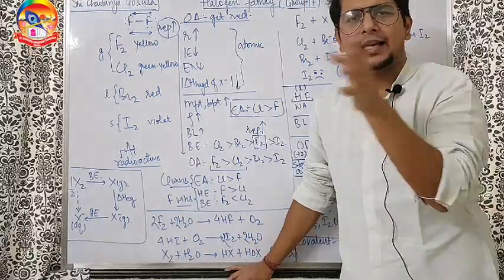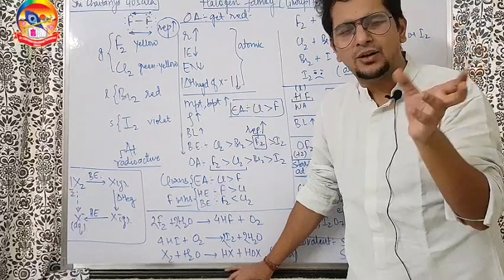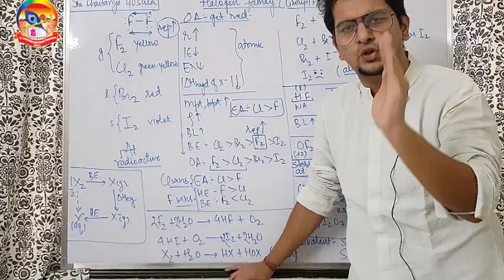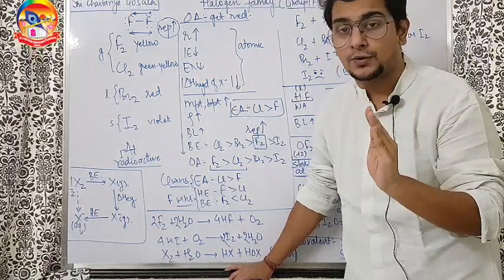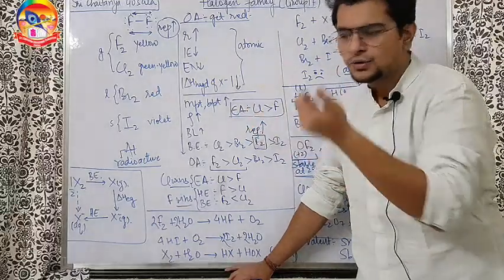Now, don't go into the skeptical views that electron affinity and electron gain enthalpies are different. Yeah, there is a difference in the sign also, and some 5/2 RT difference is also there, but I am assuming that you already know all those things, that's why you are having these kinds of doubts. And if you are not having any such doubt, and you are very well acquainted with this part, then let us carry on.